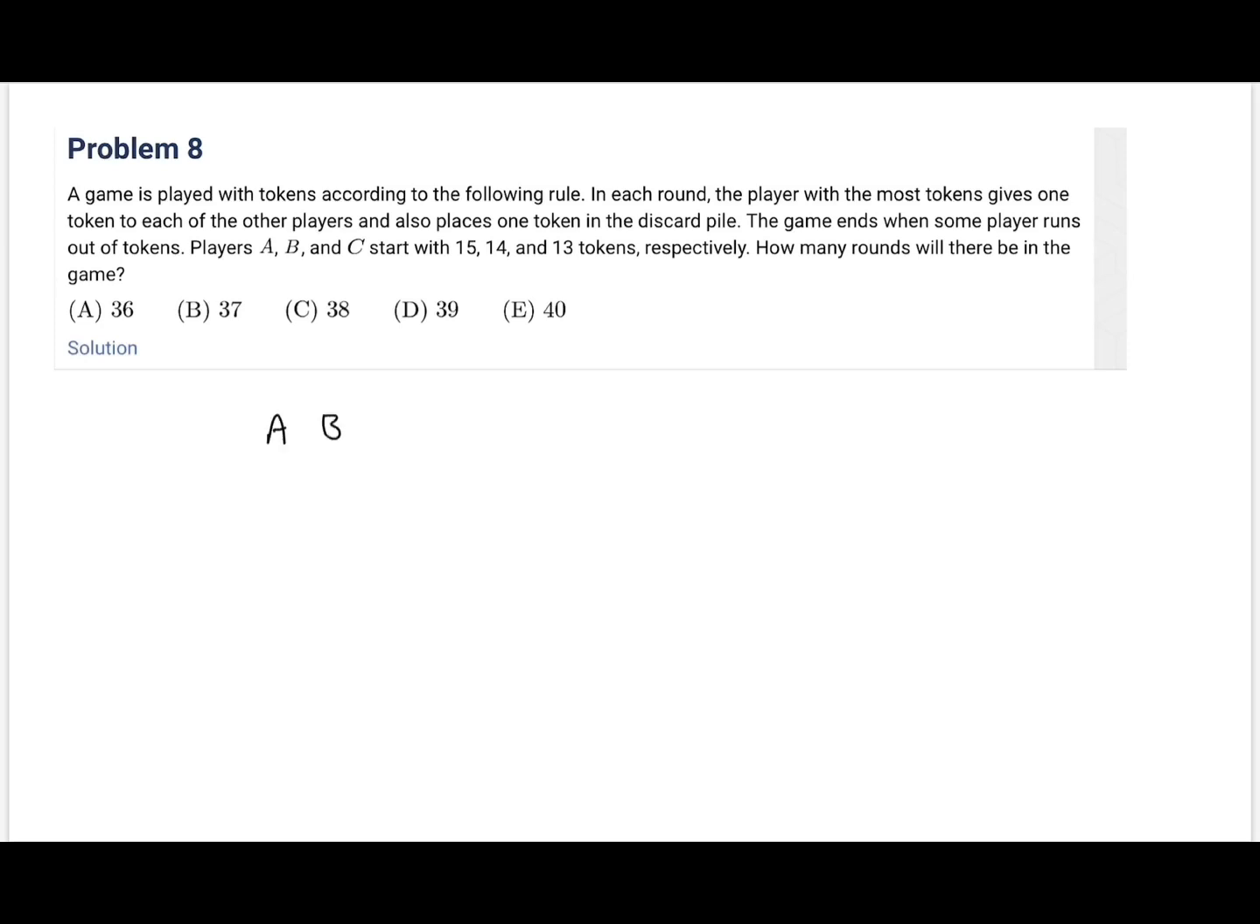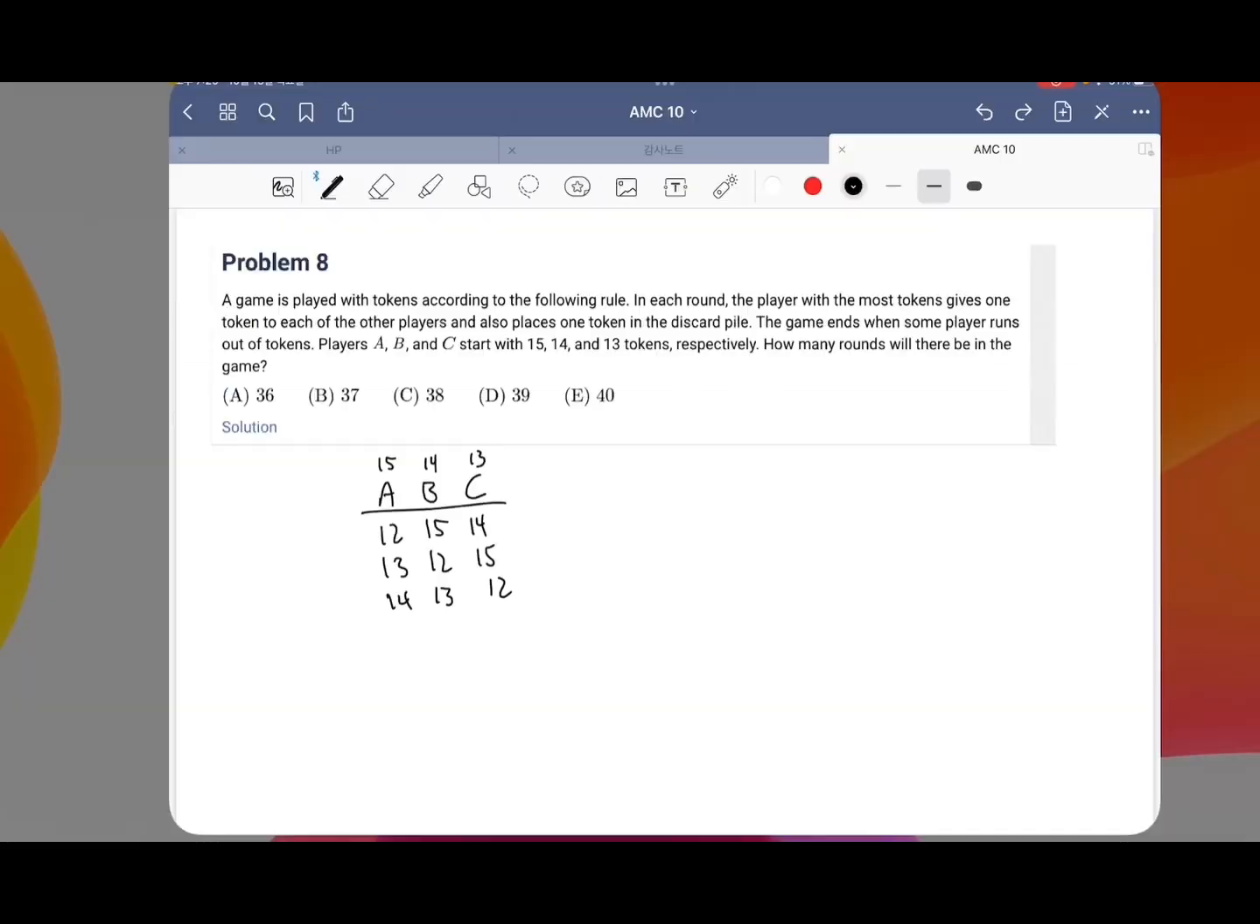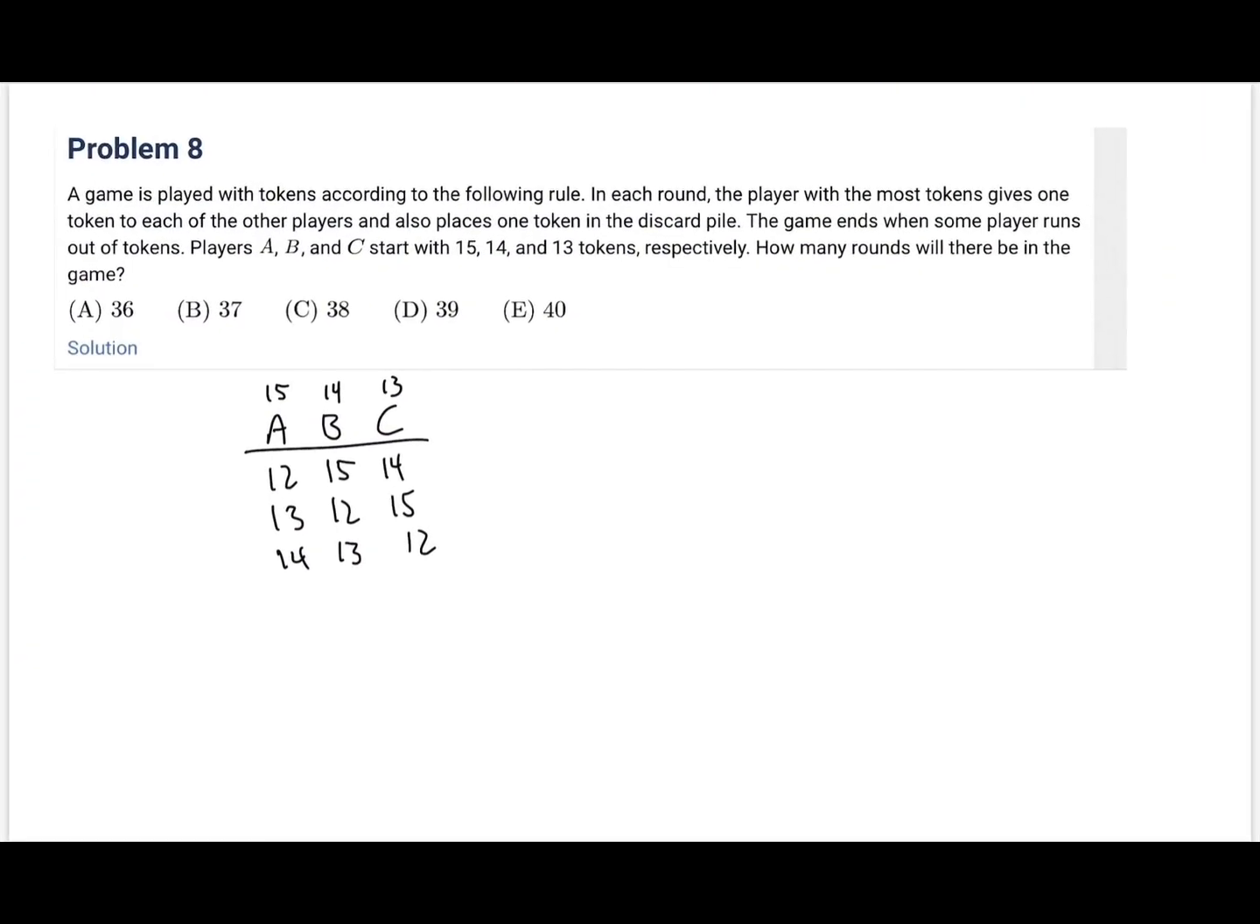So, A, B, C, they start with 15, 14, and 13, right? And so the first round will be, A will be giving, so this becomes A has 12 now, B has 15, C has 14, and so next round would be 13, 12, and 15, 14, 13, 12, and then the next round would be, this is the biggest number again, right? So it would be 13, no, it would be 11, and then 14, 13, and so